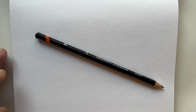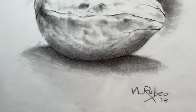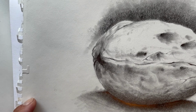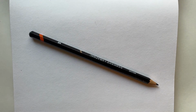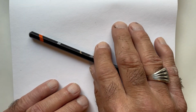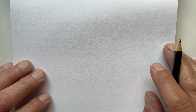So I just want to show you one that I had done a long time ago. See if we can get it to fit the frame here. That's basically the walnut that we're going to be doing today. It's based on a drawing by a very good artist named Gene Franks. I admire his work. I've used his books in class to have students get subject matter and things like that. So we're gonna use basically his walnut,